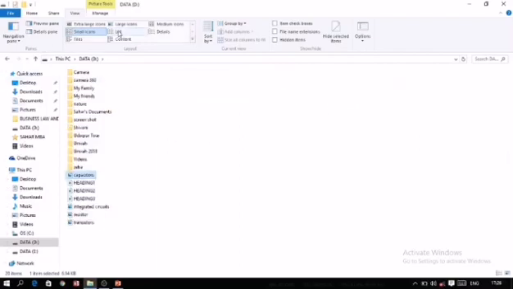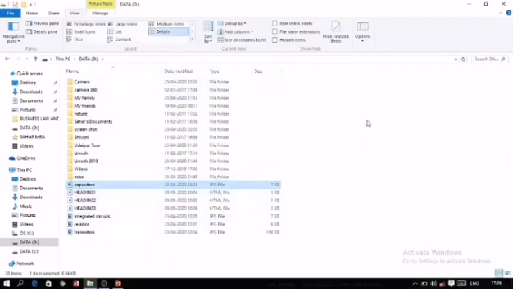Then after this, List will display all the items of the particular folder in list form. As we make a list, one item is written just below another item. In this format it is displayed. But here also only the names of the files and the folders are displayed. The next is Details. Details will give you more information about the folders and the files, like the last date of modification, on which date it was modified, and the type of the file. These are file folders, all these are folders, so here the type is given as file folder.